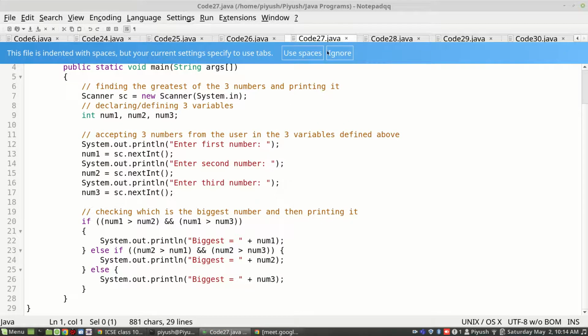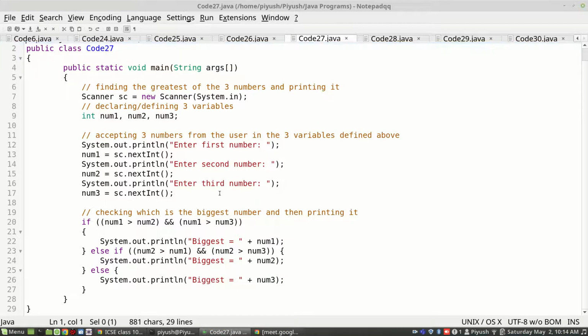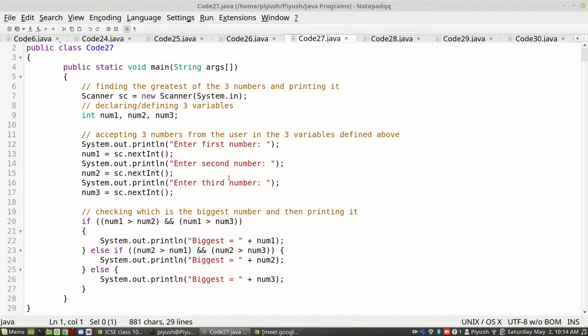Then using logical operators we solved some questions like the greatest of three numbers. We take three numbers in three different variables and then form our conditions. If num1 is greater than num2 and num1 is also greater than num3, then it is evident that the biggest number is num1.